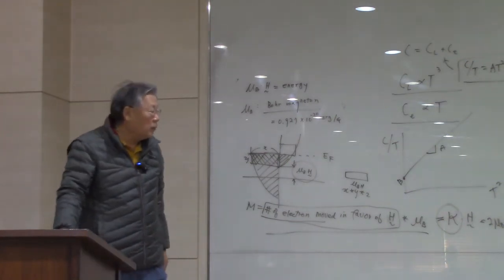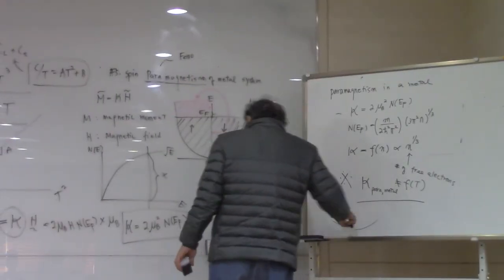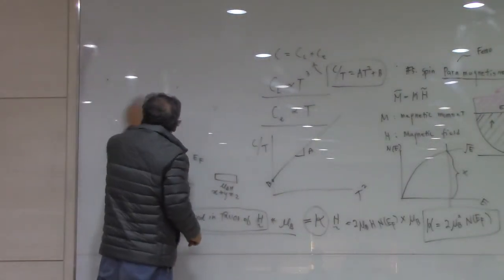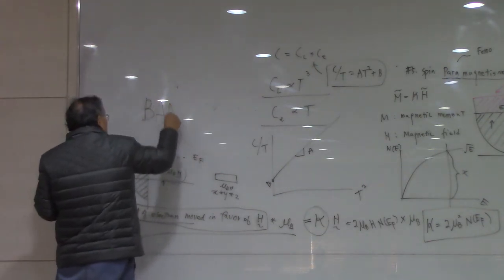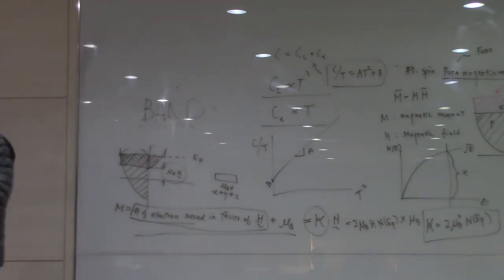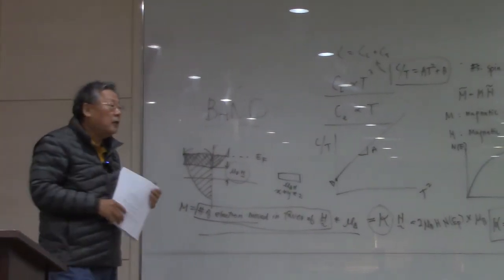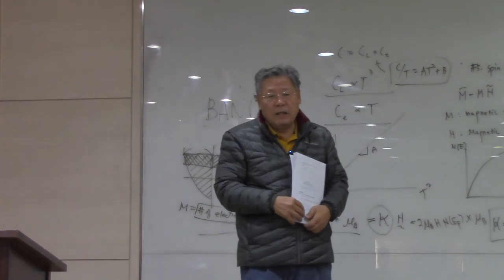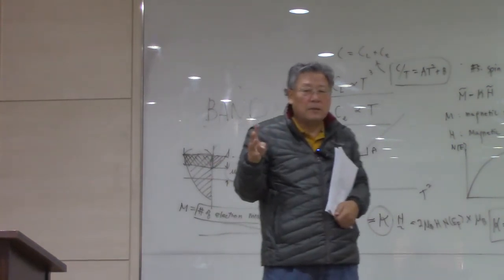Next time, we are going to talk about the band. We just talked about the free electrons. Now, next week on Monday, we're going to talk about the band. What's going to happen if the electrons cannot have the same energies in one system, according to the Pauli exclusion principle? Then the energy is going to be split to have different 4 quantum numbers. And then